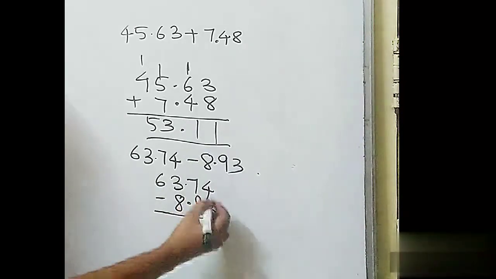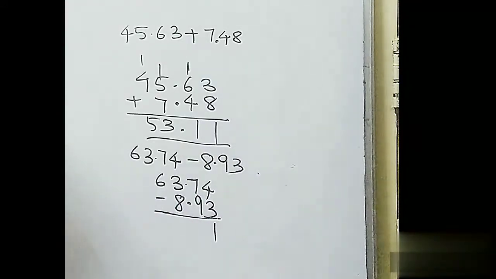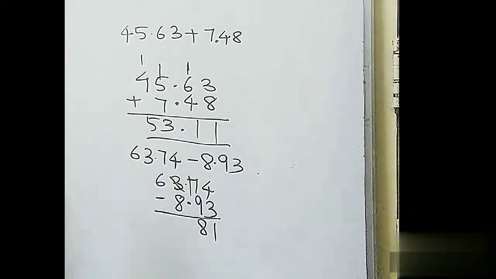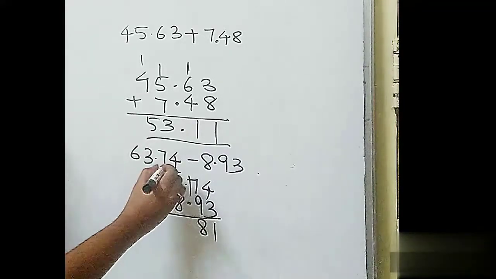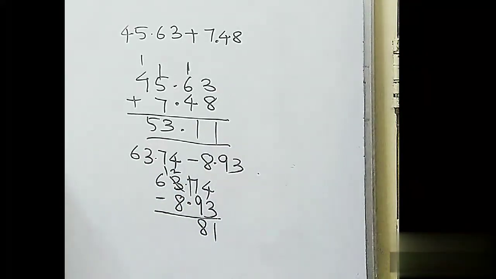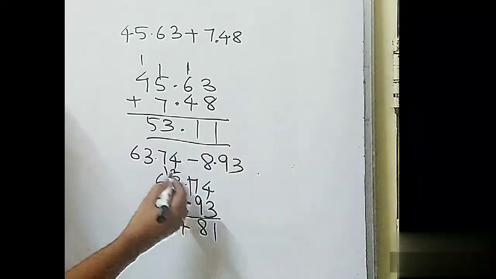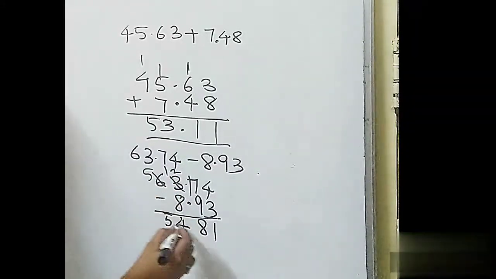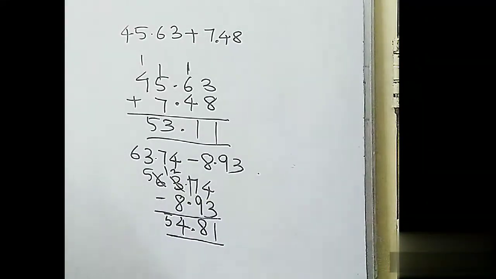Now, 4 and 3 minus is what? 1. Now, 7 minus 9. How will we do it? 7 minus 9. Now, 17. From 17, if 9 goes, what will happen? It will be 8. Again, same thing, 2 is there. Now, from 6, we will borrow 12. So, it will be 12 minus 8. Okay? It will be 4. Again, I have borrowed here, it will be 5. So, I will write here, it is directly 5, student. So, it will be 54.81. It will be 54.81, student.